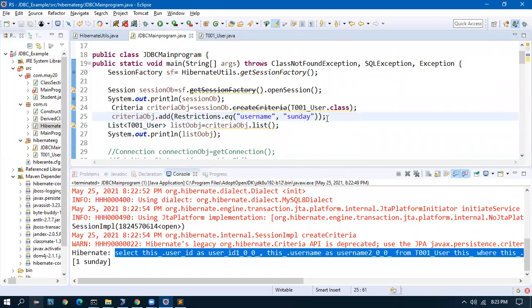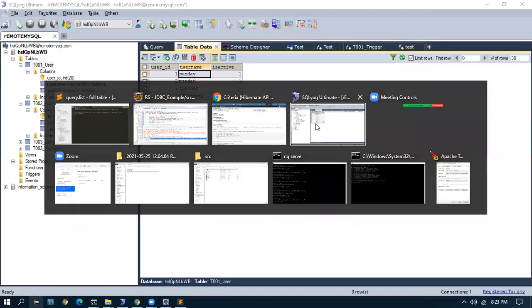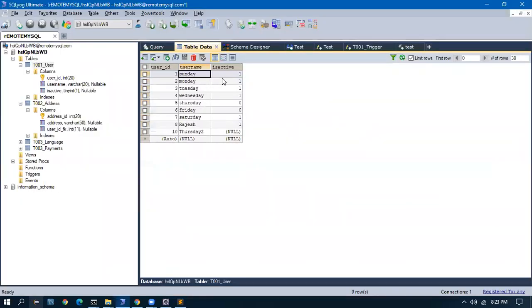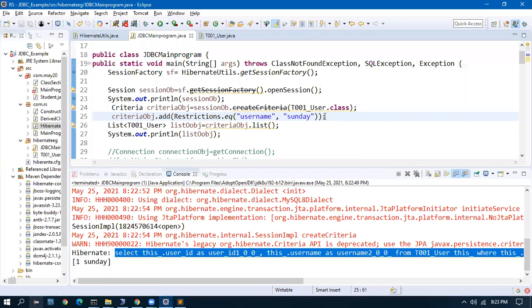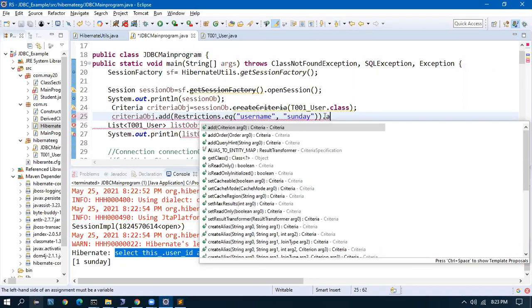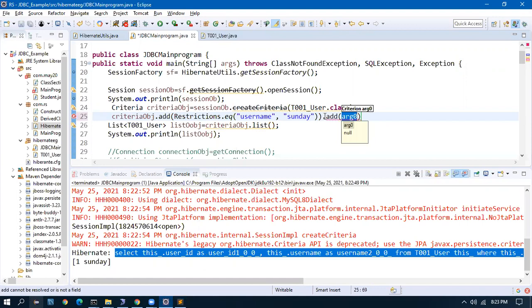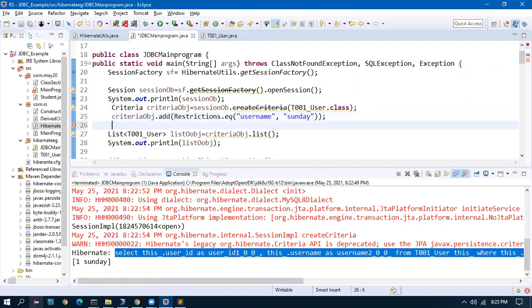If you want to add one more column, let us say you want to add user ID is 4. Then it is chained. You can add like this, you can do dot add. You can add n number of things, or you can add separately also.